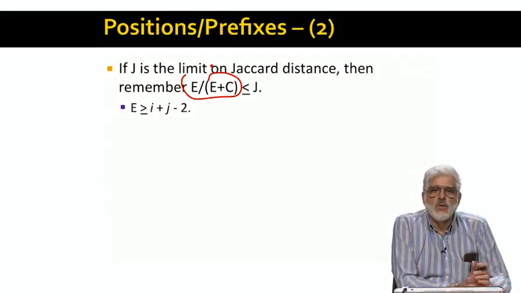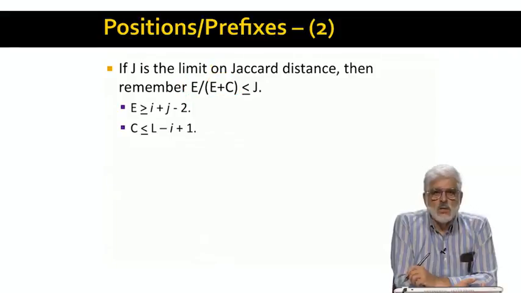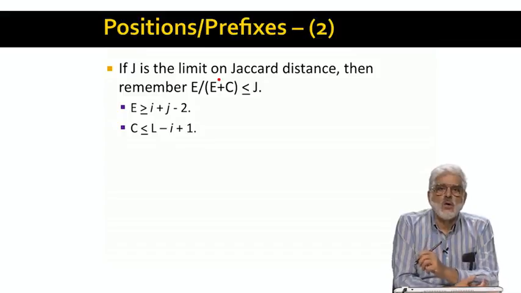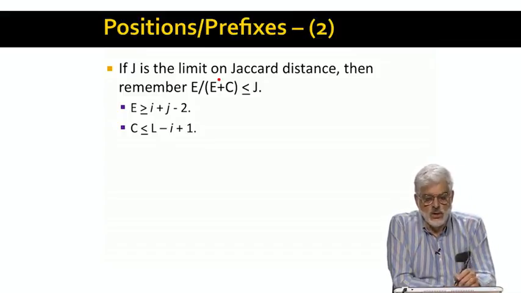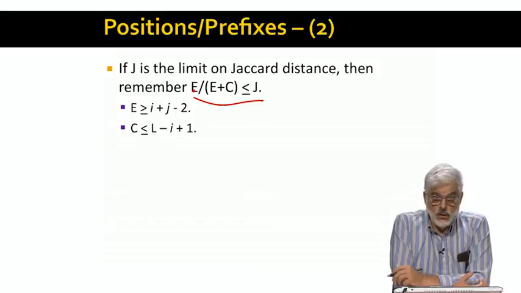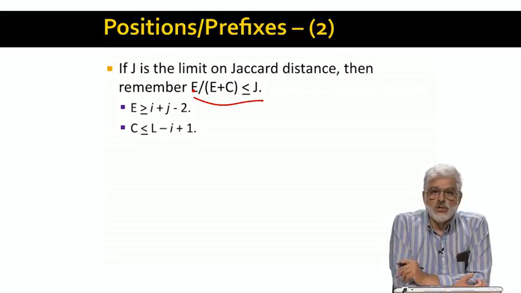From the previous slide, we know that E is at least I plus J minus 2. And C is at most L minus I plus 1, where L is the length of the probe string S. These two inequalities let us get a lower bound on E over E plus C, which must be less than or equal to J. That is, if we hold C fixed and vary E, then E over E plus C is minimized when E is as small as possible, since C is non-negative. If we hold E fixed and vary C, then E over E plus C is minimized when C is as